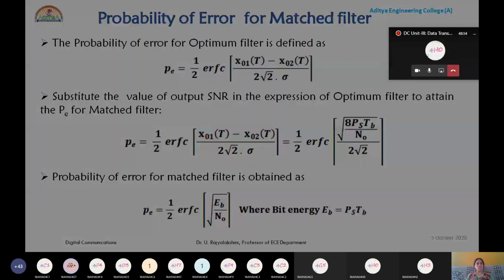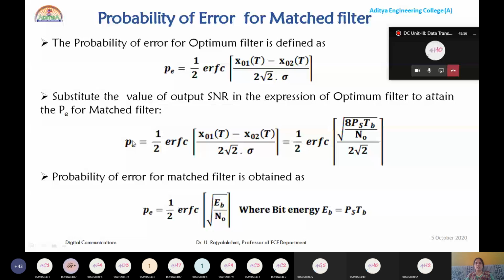Okay, so if you see this, probability of error is obtained as half ERFC of root of 8 PS into TB divided by N naught. This is nothing but root rho max, that is root of square of output SNR divided by 2 root 2. So probability of error for matched filter is obtained as